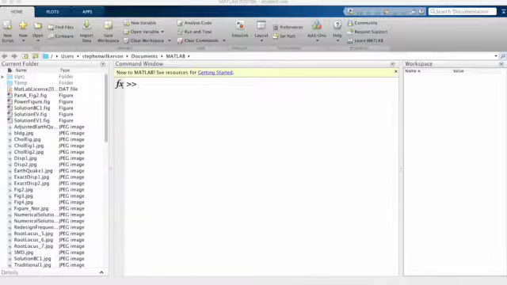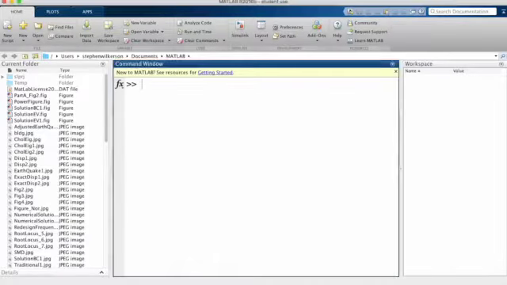In this example, let's take Matlab and turn it into a scientific calculator. And we're going to use some of the built-in functions that are in Matlab. So let's calculate a typical problem that would be in trigonometry, which would be the square root of a squared plus b squared. Okay, so let's start out by saying a equals 3,